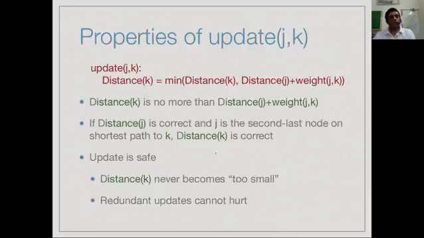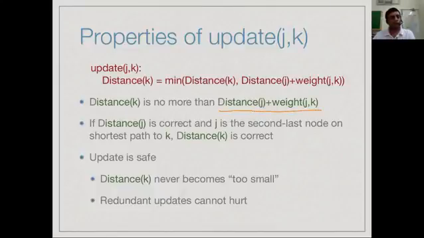The crucial thing is that the update gives us an upper bound on the distance to k. At any point, the invariant is that the value we have in distance to k is greater than or equal to the actual shortest distance from the source to k. Initially we may assume it is infinity, which is surely greater than the actual shortest distance. We reduce it only when we have found a concrete path which gives a shorter distance. So after this update, we know that the distance to k is no more than the distance we have just discovered through j.